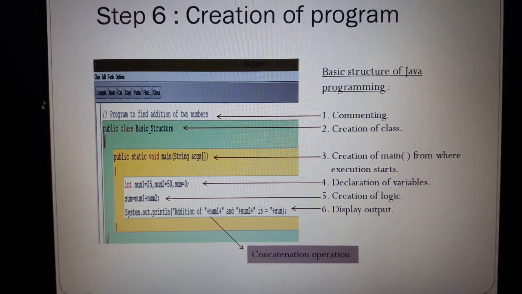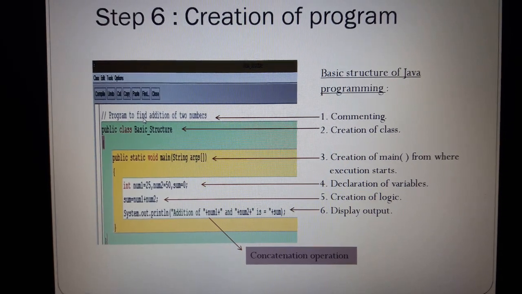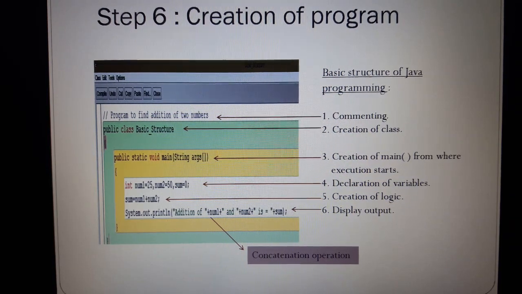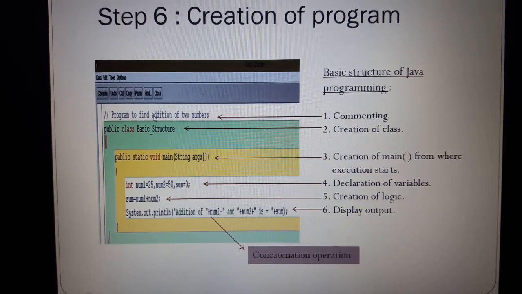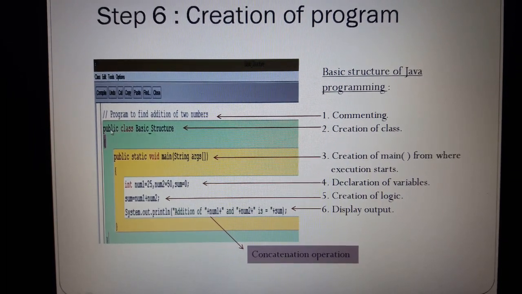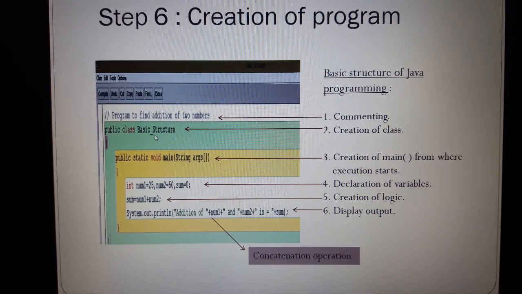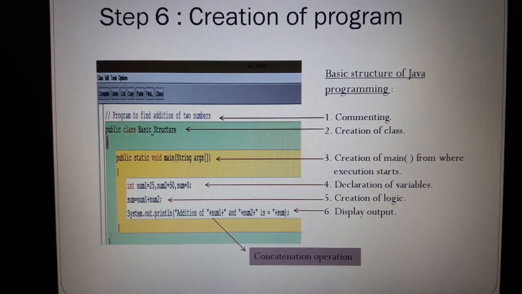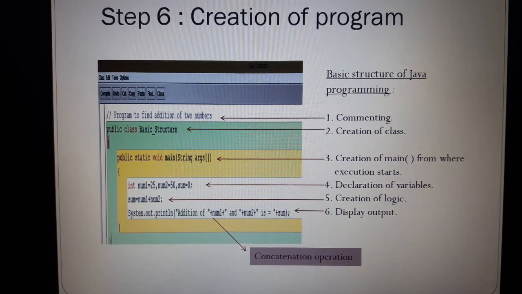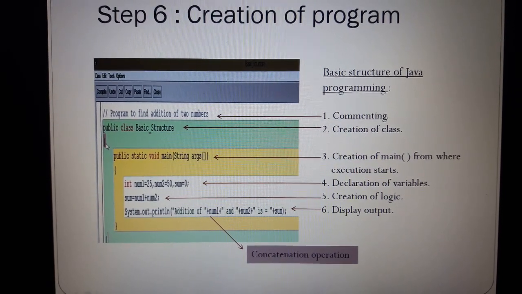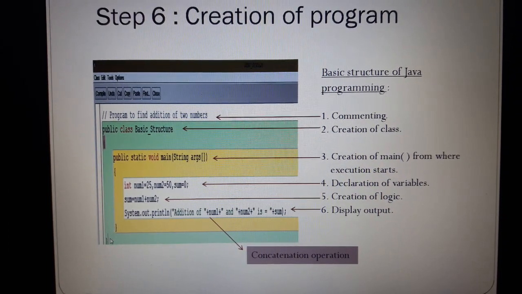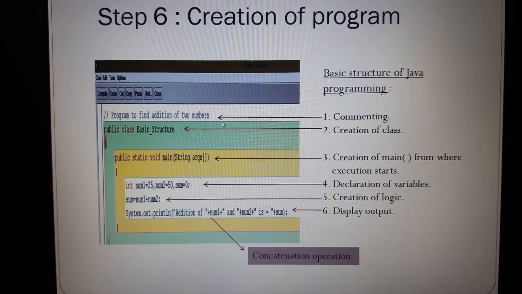Those who have not created it, if they want to read our program, then they are supposed to read with comments. And then we have the next thing, public class, class name. Public class name shows us we are creating a class. Then we have curly braces. Curly braces show us we are opening a class, meaning the green boundary is for the class.